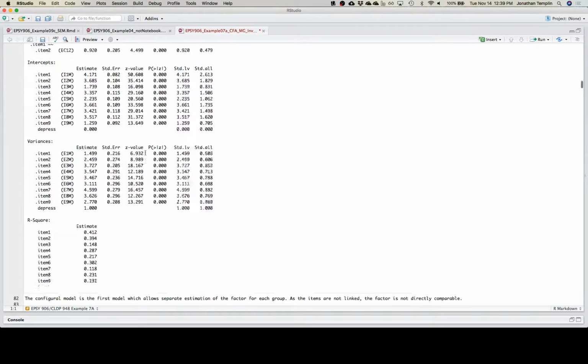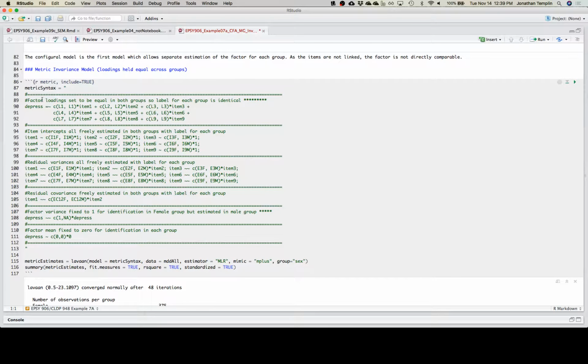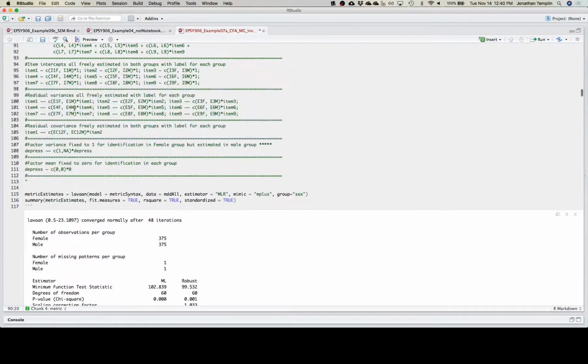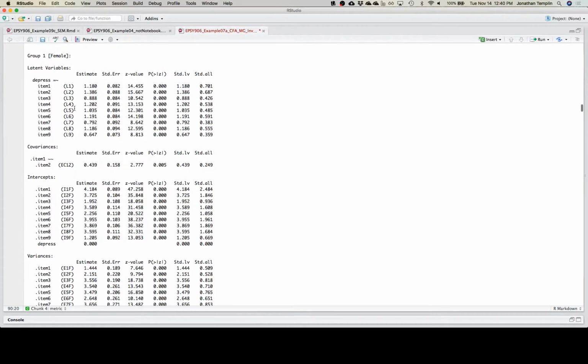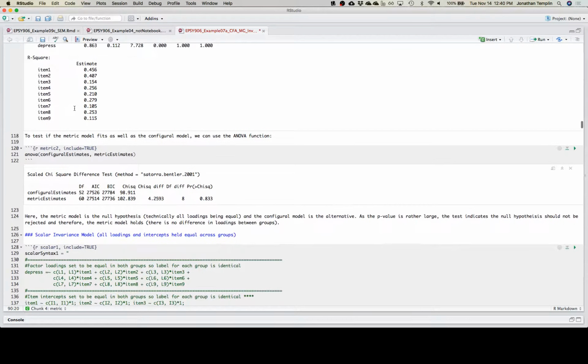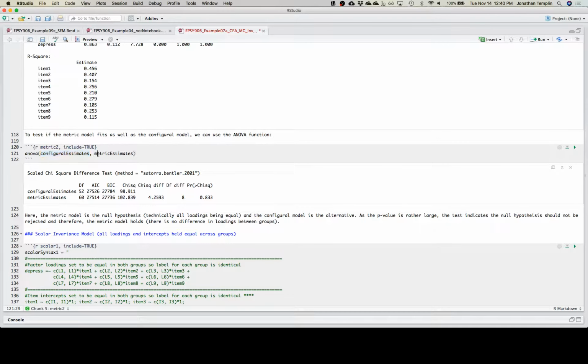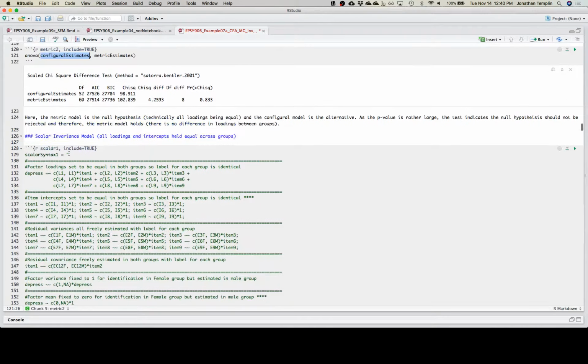So that's our baseline. We then went to metric invariance, which involves the factor loadings. So now we changed the label in each group. We ran the analysis, and lo and behold, the thing that never happens when we do the likelihood ratio test comparing configural and metric: the p-value is not significant, indicating that the metric model, the model with fewer parameters, fits as well as the model with more, the configural model. Right? By the way, that's why I think this is simulated data. That never happens.